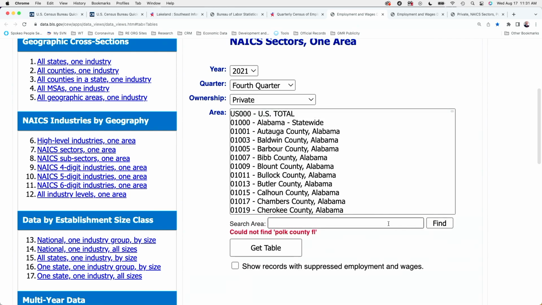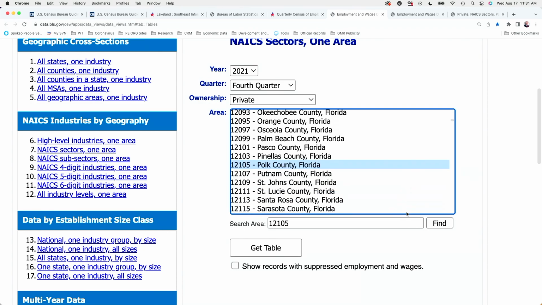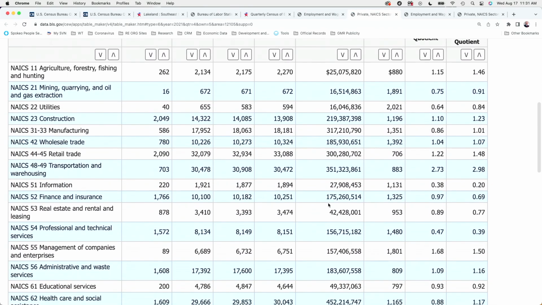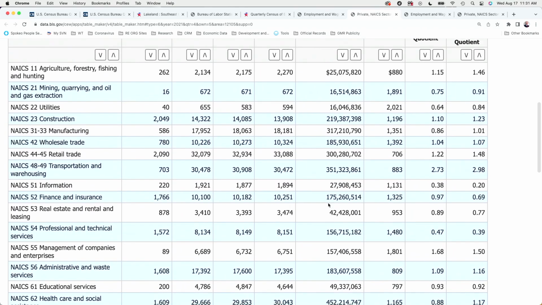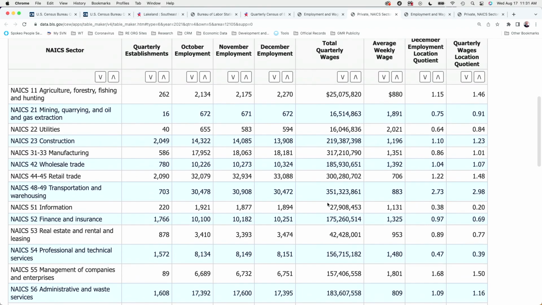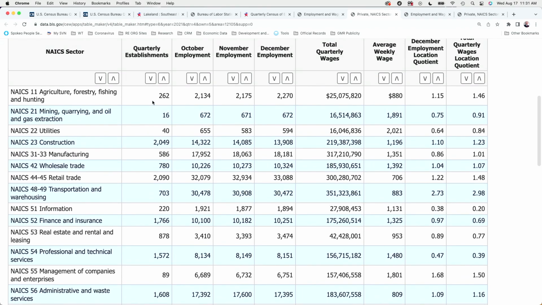and let's see, we can find that. I left out the comma, forgive me, so I'll just put in the FIPS code. We got it. Let's get the table. Let's take a look at what this tells us. This is the employment. It's done on a quarterly basis. It gives us the number of establishments, the number of jobs, the wages, average weekly wage, and then the location